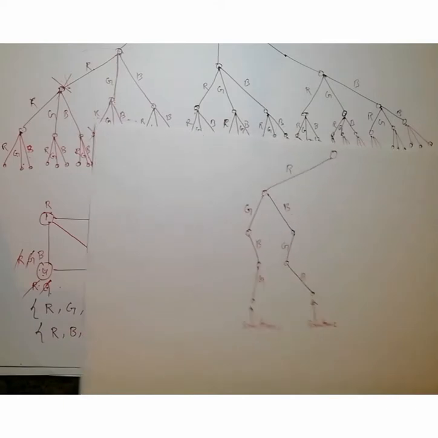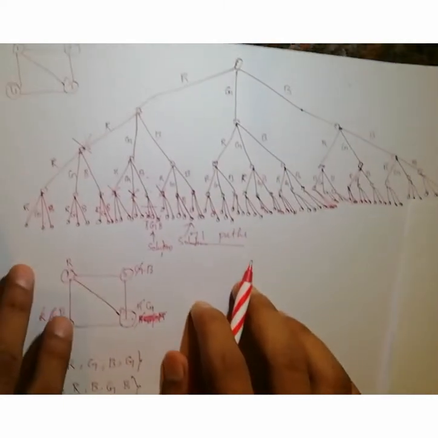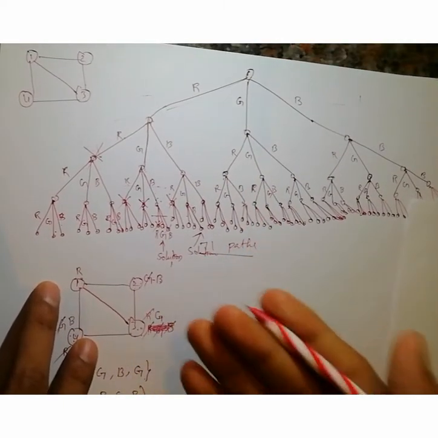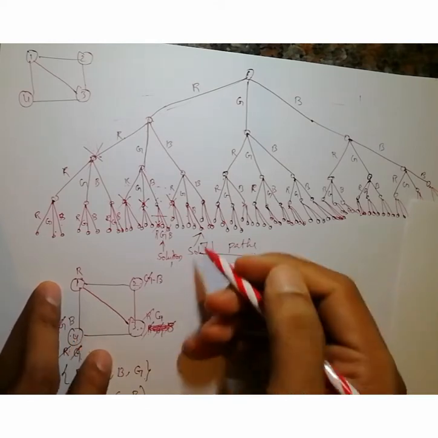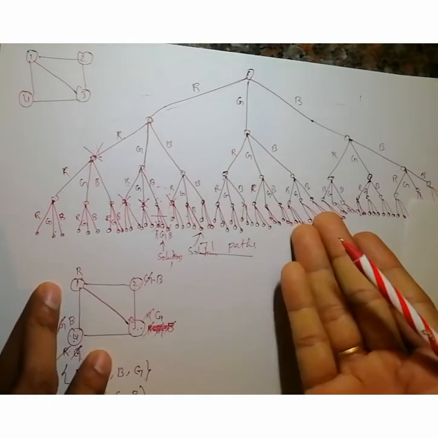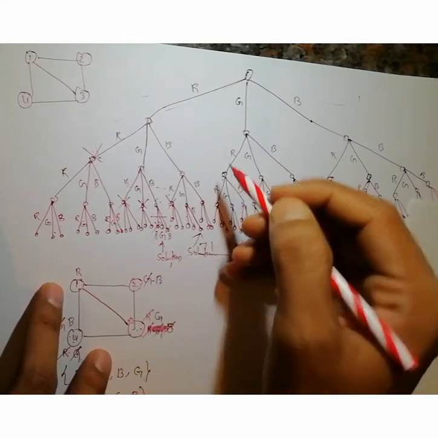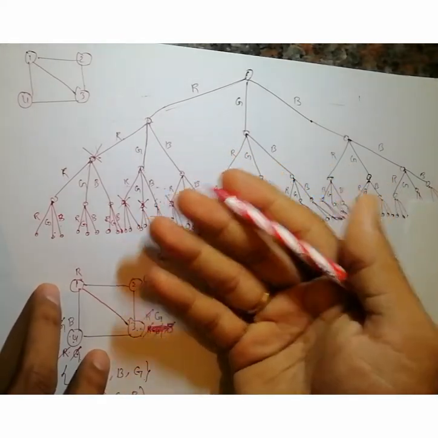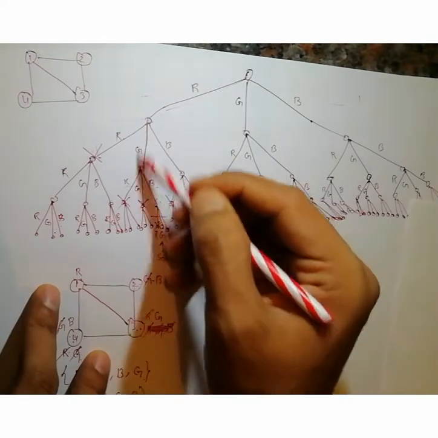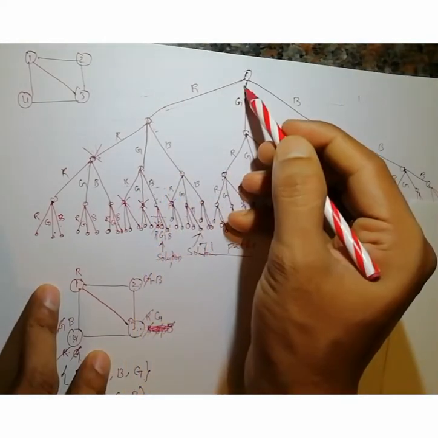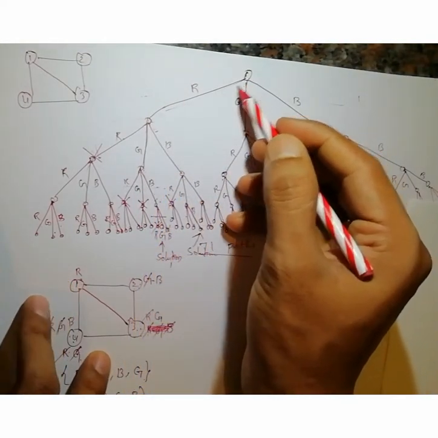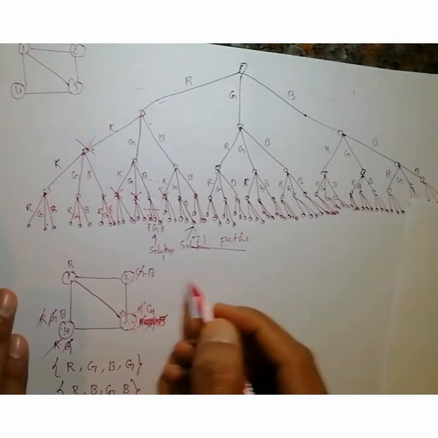Okay, again just go backtrack. So we can solve this problem by using backtracking very easily. That's why we are using backtracking instead of using all 81 paths. So we can eliminate so many paths without checking. So if we have conditions, we can eliminate. So again go back, and for the first vertex, instead of giving red color,